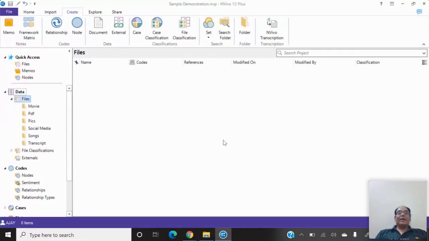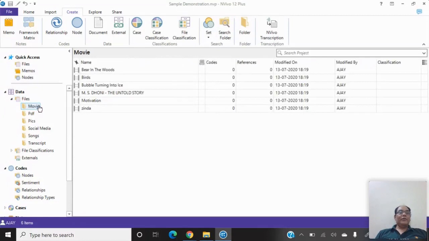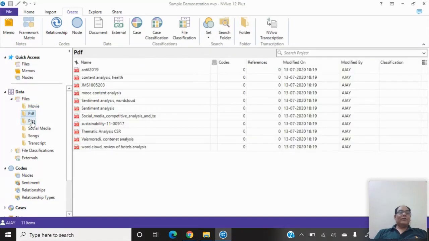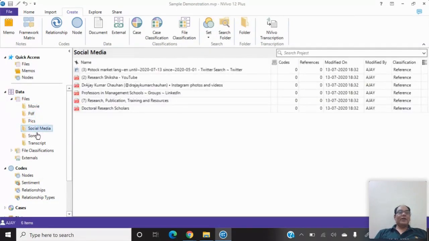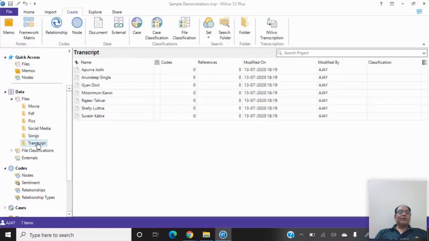So in this step, I have already told you how we can import different kinds of data sets from the different sources. So 6 types of data sets I have demonstrated how to import: how to import movies, PDF files, picture files, social media files, songs, and transcripts.